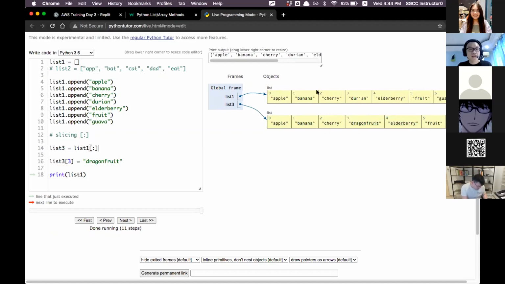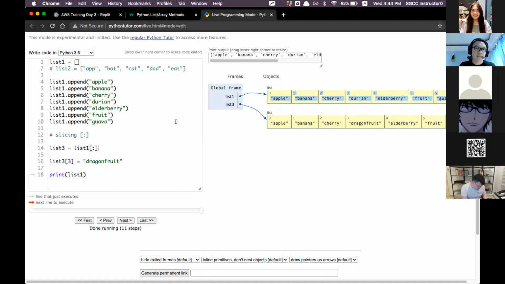List 1 remains unchanged. This is useful when you want to create a new list and change the new list, to not disturb the initial list. So with this said, let me go through some exercises so that we can warm ourselves up